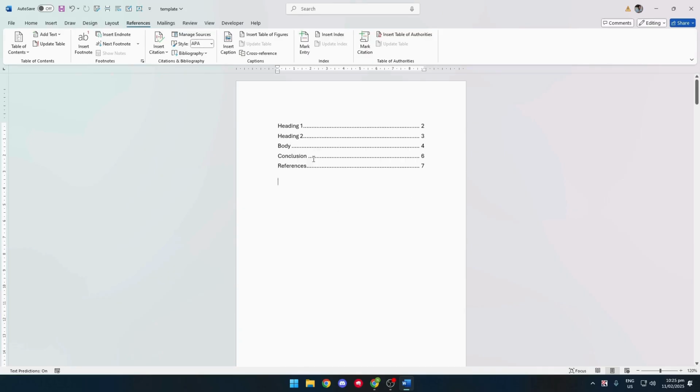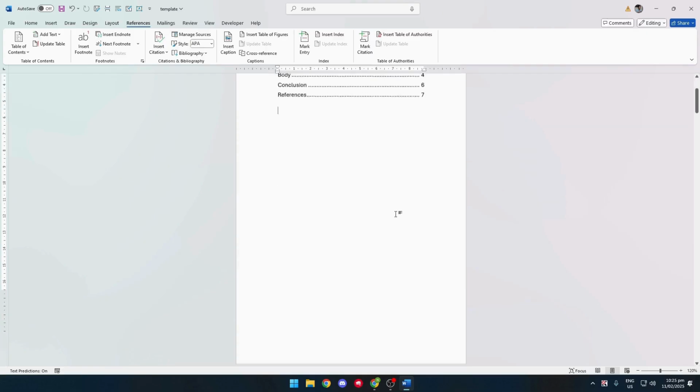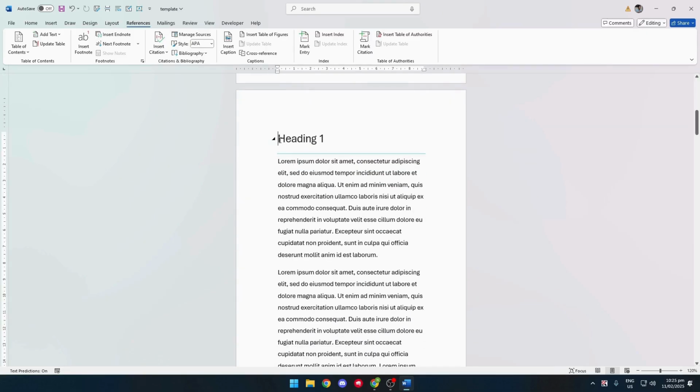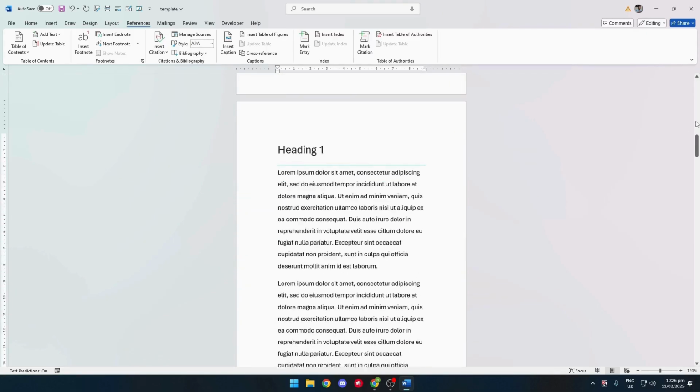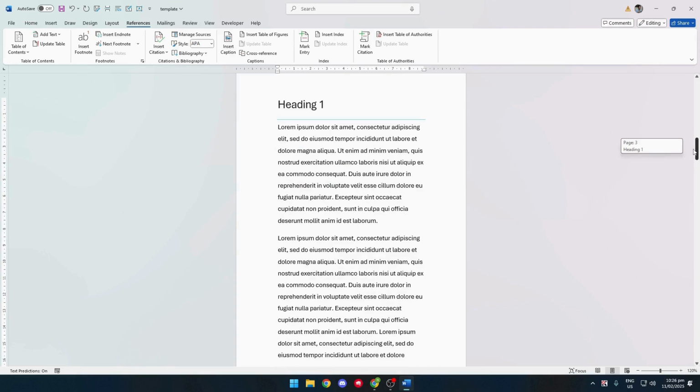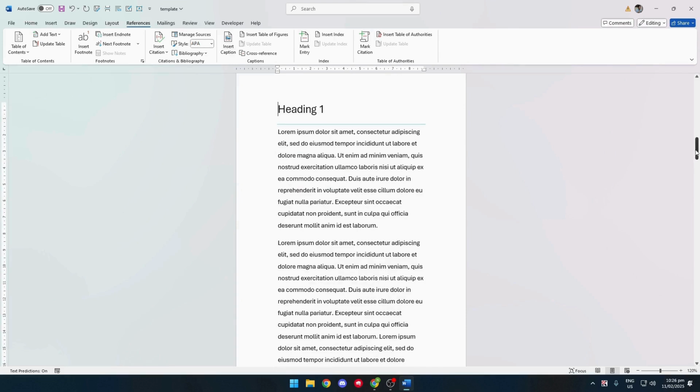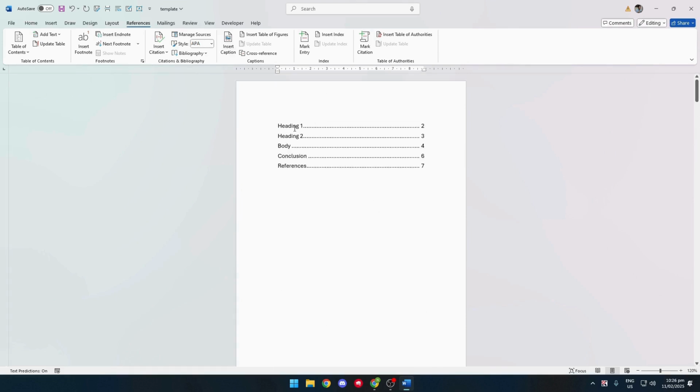Now let's say that the pages of your document changed. So for example, we currently have our heading number 1 on page 2, and let's go ahead and change that and move it into page 3. As you can see here, we are now on page 3 with heading 1. And as you can see right here, our table of contents still show that our heading number 1 is in page 2. So to fix this, simply